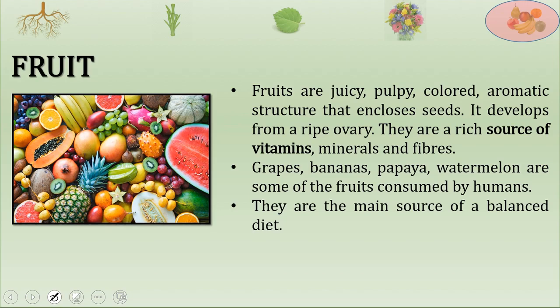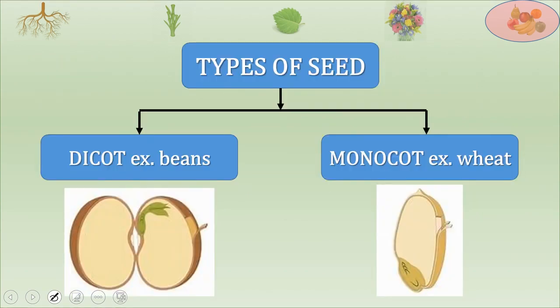Children, as we have studied about the fruits, now let us talk about their seed. Children, seeds which get divided into two equal parts are called dicotyledonous seeds. Okay children, see here. The seed is divided into two parts. Very easily it can be divided. Examples are bean. These are called dicotyledonous seeds.